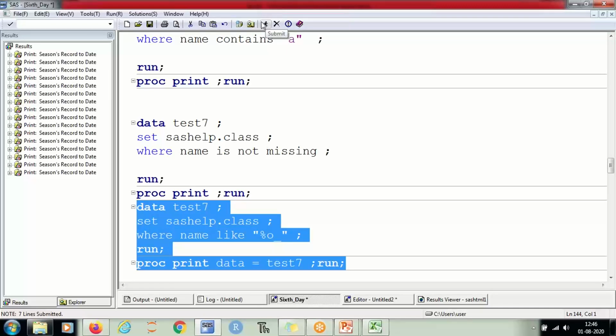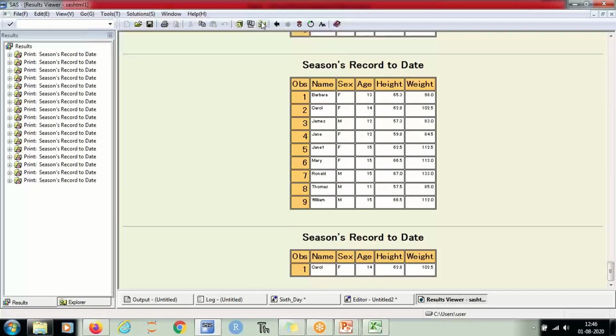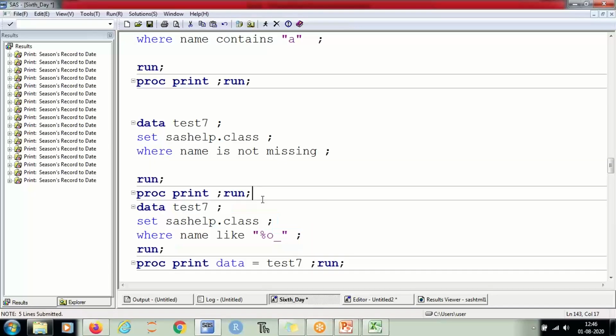Only Carol is there where we can find O in the second last position. So percent means anything before this.